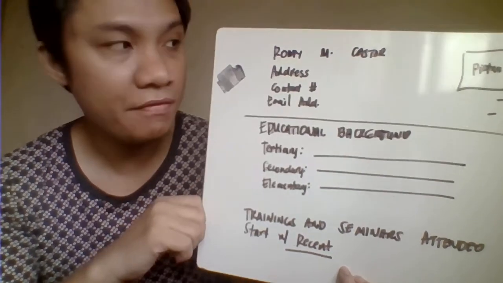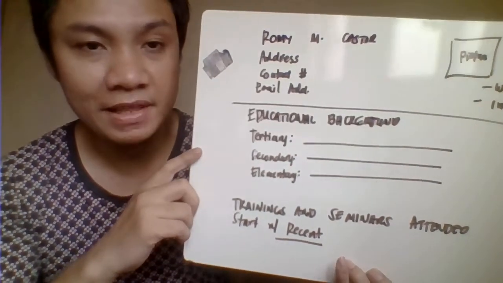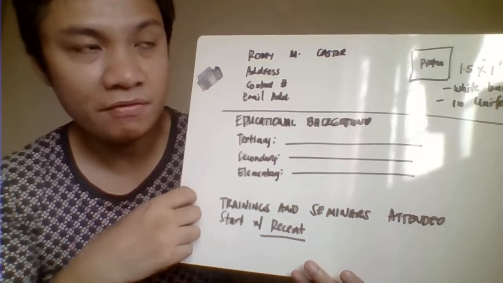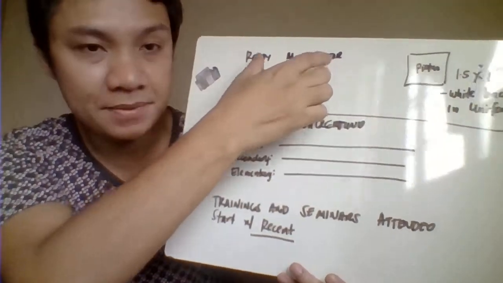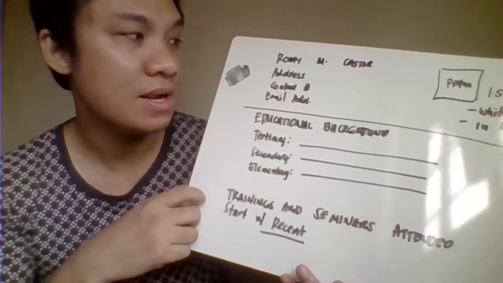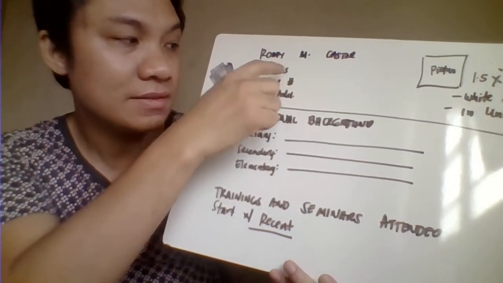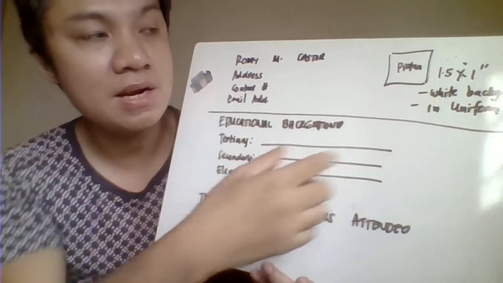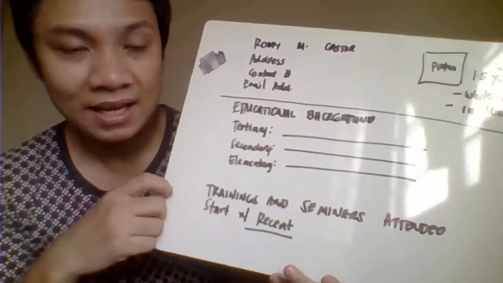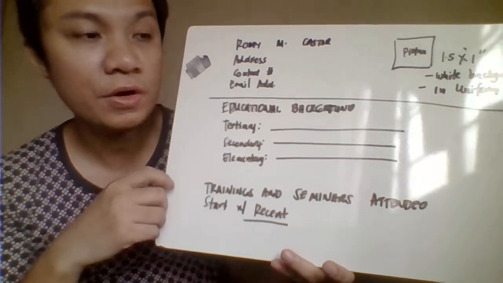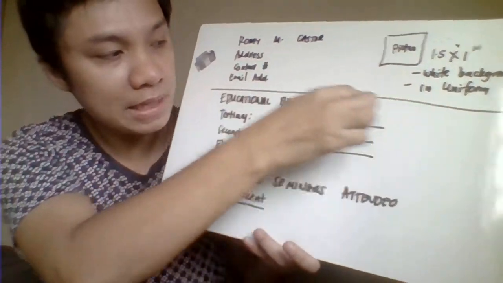Okay, now we have here the curriculum vitae, so we have the format for that. You write your name here, full name in all caps, and try to bold each of the letters. Then write here your address, contact number, email address. Then a picture of yours here, 1.5 by 1. It should be a white background and should be taken in your uniform. Then try to put a line.